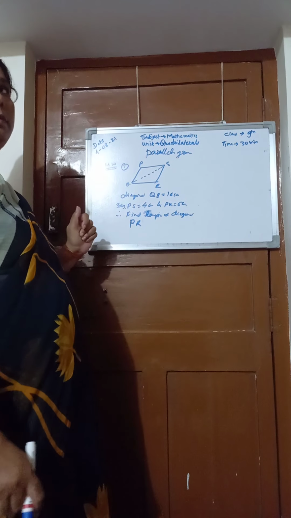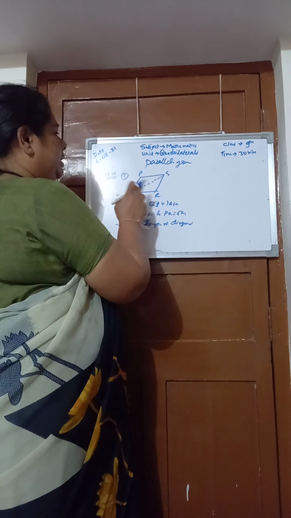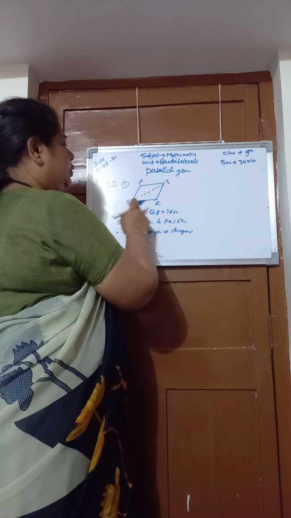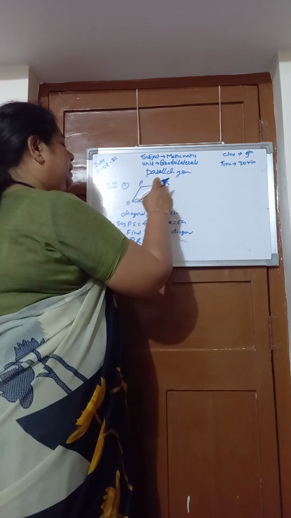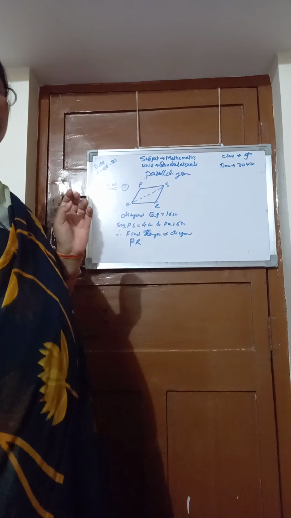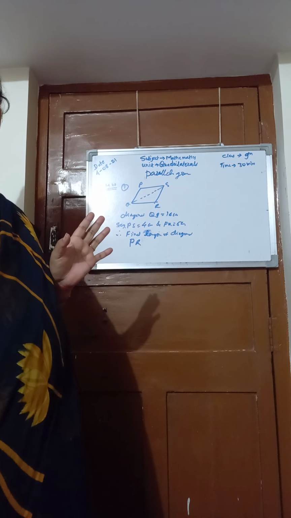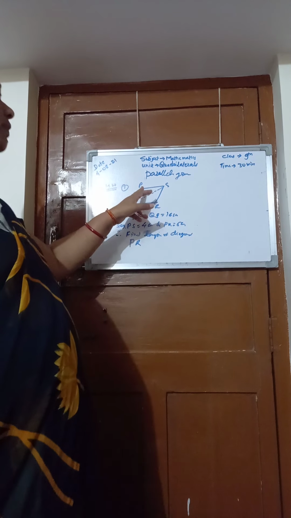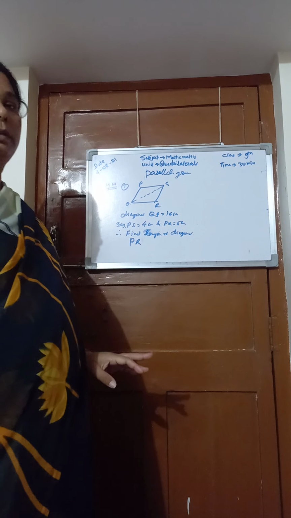This is a parallelogram. What is given here? PS and PQ are given. Then we know that SR and QR are also known. One diagonal is given here, QS. I am giving you one clue: you have to use property 2, that is, diagonals of the parallelogram bisect each other, and you have to calculate PR. Got it up to this? Okay. Thank you very much.